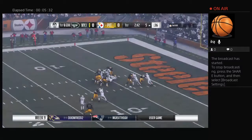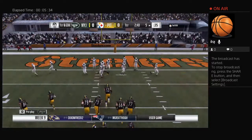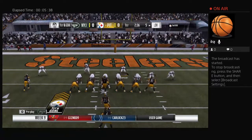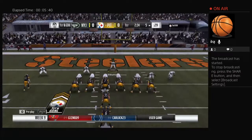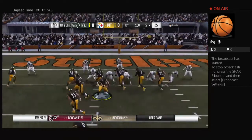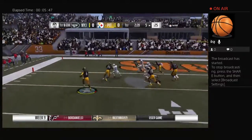Couple of nice carries back-to-back here, establishing the ground game a bit. Yeah, these aren't bare-bones runs now. I mean, they're getting substantial yardage, the kind of yards you're looking for, right? Let's go ahead and use a cliche. Stay ahead of the chains, right? 5 or more yards each time. That's what you're looking for in setting a tone and getting your...